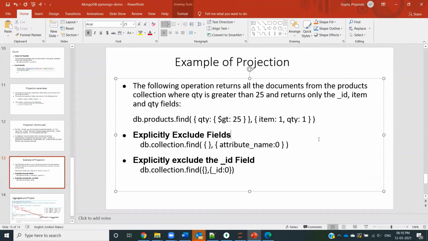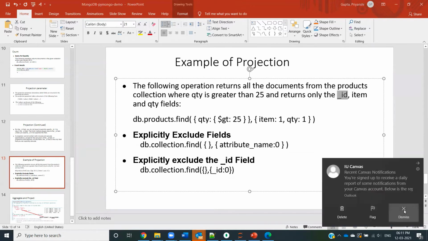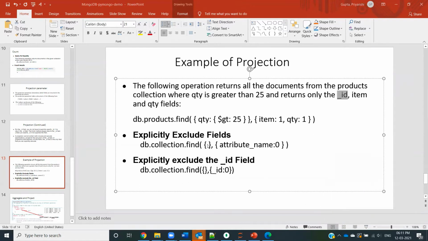But what happens is that by default, the field called underscore ID will be there when you print this specific document. So if you want to exclude it explicitly, you can give this statement, that is underscore ID equal to 0, so that it does not get included when you get a specific result. So that is something that you can do explicitly.